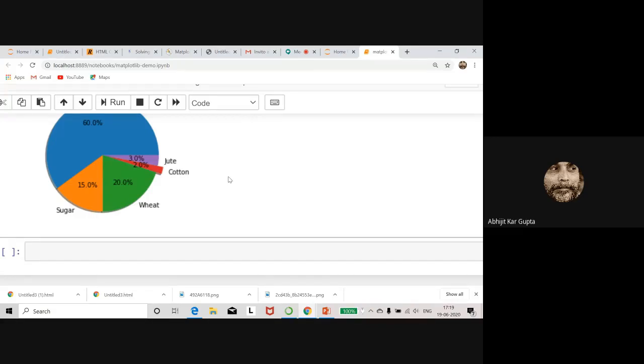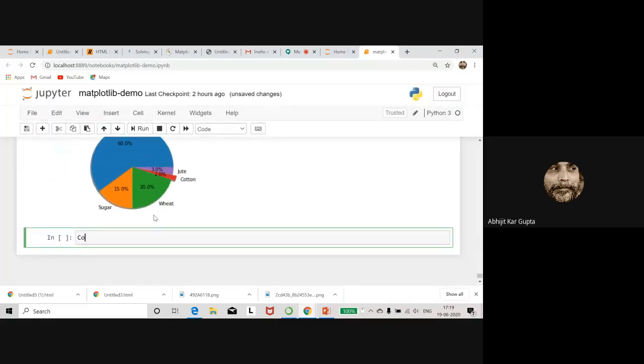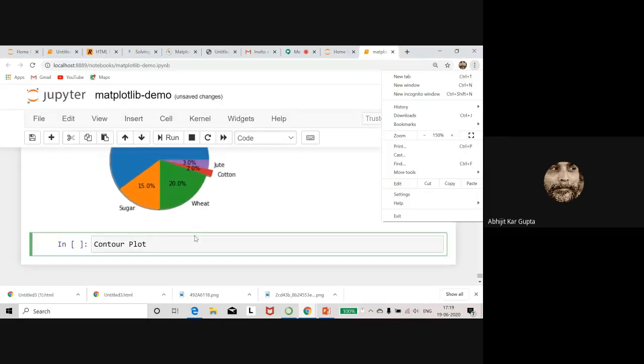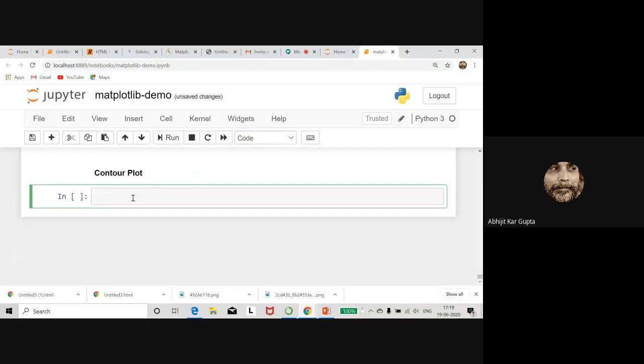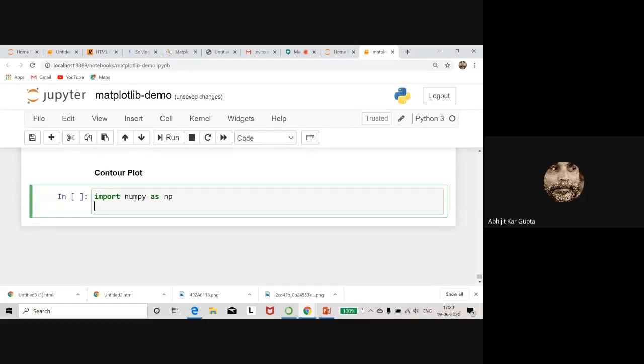Okay, now I will show you the contour plot. Contour plot, and then increase the size. Contour plot, and okay, and markdown, run. Contour plot. Okay, now for example, you write x equal to np dot, first I import numpy. Import numpy as np. I don't know whether I imported or not. Imported, of course, but still